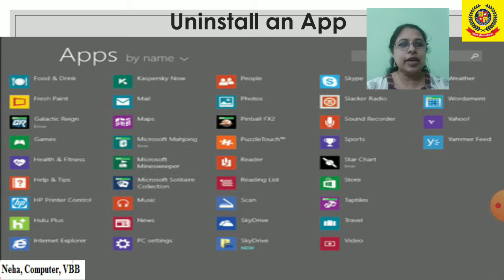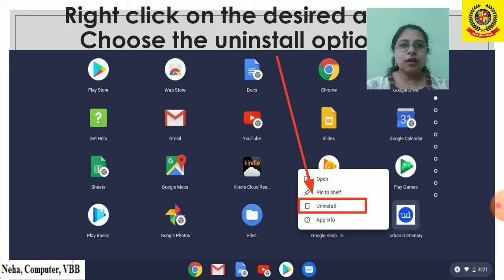As we right click, we'll see that a small menu opens and there is an option of uninstall. We'll just click on uninstall and that particular application gets uninstalled from the computer system.